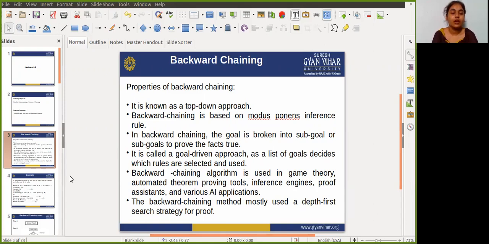It is known as a top-down approach, and backward chaining is based on the modus ponens inference rule. In backward chaining, the goal is broken into sub-goals to prove the facts true. Okay, it means in backward chaining you already have a goal, and through the goal you reach the facts. So it is called a goal-driven approach, as a list of goals drives which rules are selected and used. Okay, the next property of backward chaining is that the backward chaining algorithm is used in game theory,